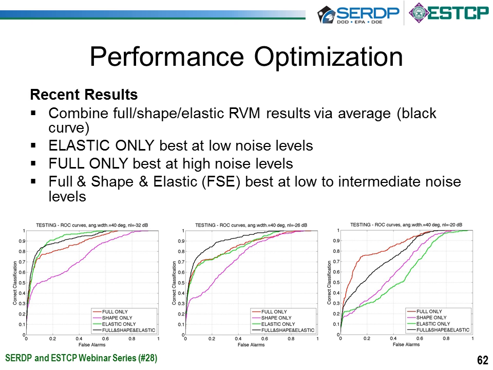What we learned in this study is that the elastic-only information is best at low noise levels. Again, that's the green curve on this left plot on the bottom. In the middle plot on the bottom, the black curve is the best, so this is an intermediate noise region. Here you can see that by separating out these three and then combining that information together, we've done the best in that situation. And finally, on the far right side, this is the high noise environment, where you really needed to use the full acoustic color information.